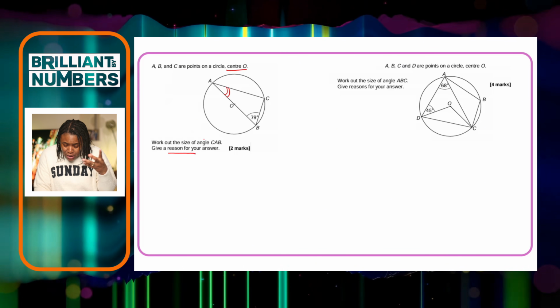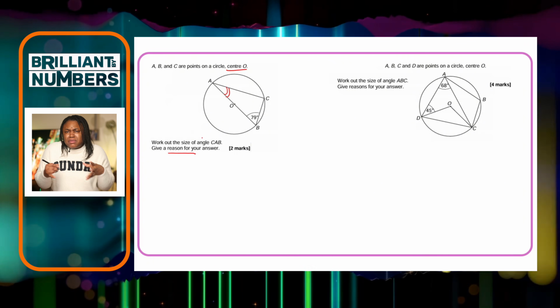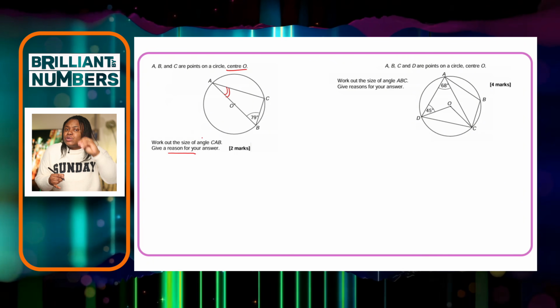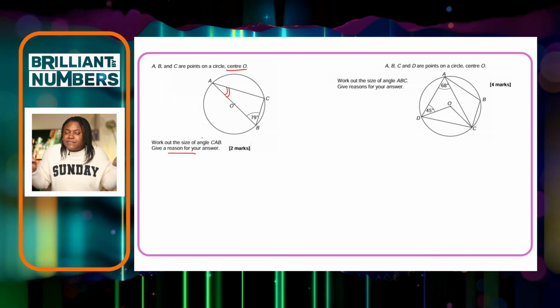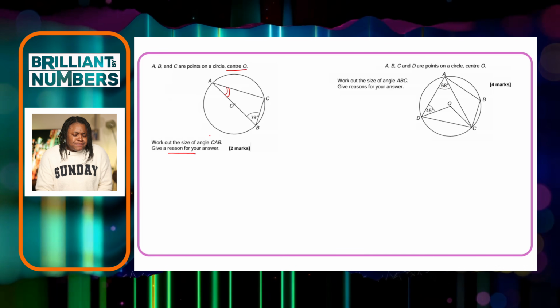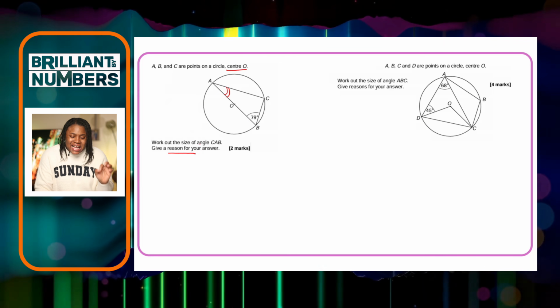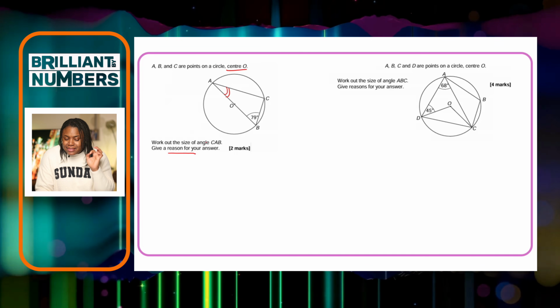Now, as an examiner, I will say to you, always write a reason down, because sometimes within the mark scheme, there is a hidden mark for the reason. Always give the reason, even if the question doesn't say it. Can't say I didn't tell you. Okay, so to unlock this circle theorems question, it relies on our ability to remember the theorem that